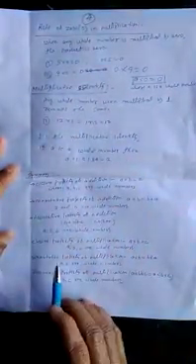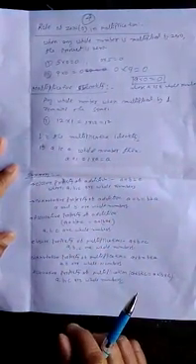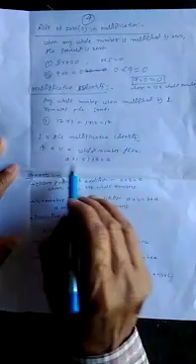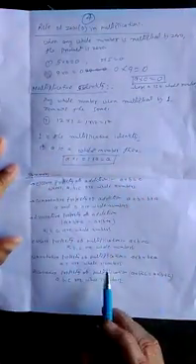Multiplicative identity. Any whole number when multiplied by 1, that whole number remains the same. Here 12 × 1 is equal to 1 × 12 is equal to 12. If 1 is multiplied by any number, the whole number will remain the same. 1 is the multiplicative identity. If A is a whole number, then A × 1 is equal to 1 × A is equal to A. Here 1 is the multiplicative identity.